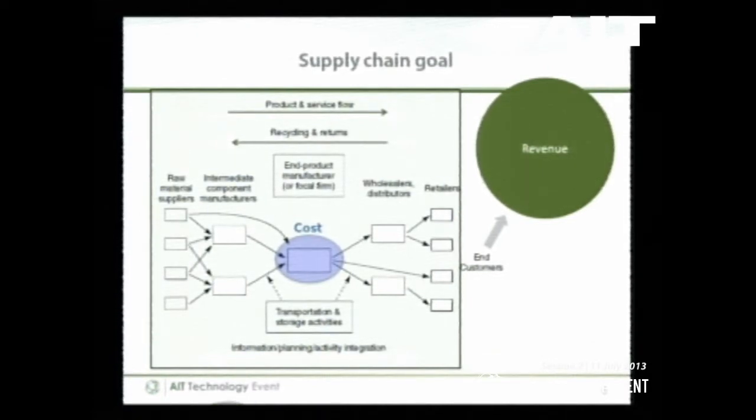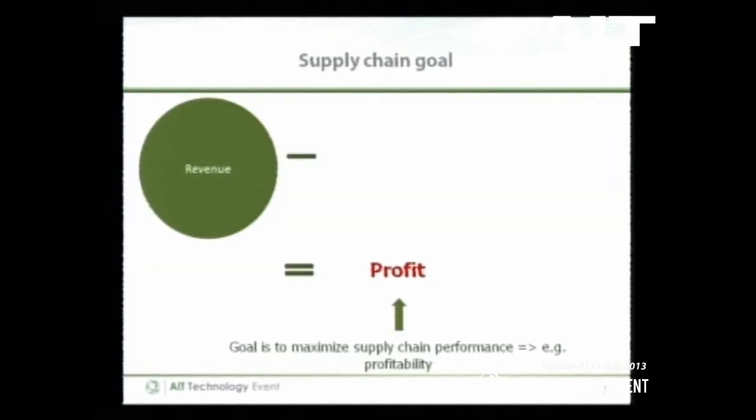But along the way, there's a cost. Everybody adds some cost into the products. Maybe we don't want to keep inventory, we might push the inventory to a supplier. The supplier pays a cost, and the cost will be built into the product. Somehow it will go into the product. If we take the revenue, we minus the cost that occurs along the supply chain, then we get the